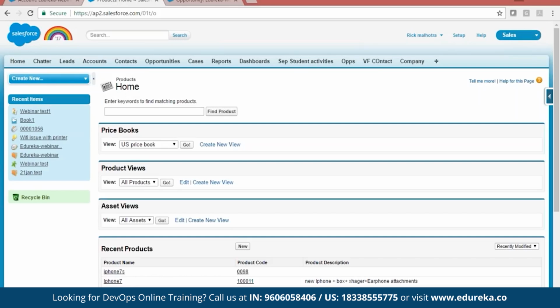So one product can be in multiple price books, and you can choose a price book in your opportunity, and you can check prices in your opportunities for that. So what we're going to do here is create a product, put it under a price book, and then attach it to the opportunity which we created.